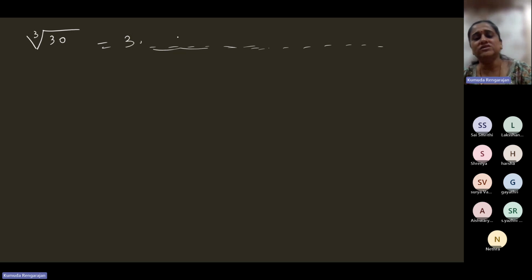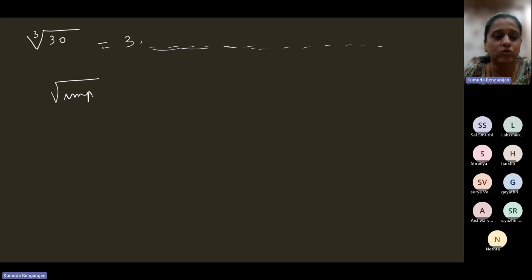No digit or set of digits will repeat themselves. So irrational numbers will have a non-terminating, non-repeating decimal expansion, and they are the values of square roots of imperfect squares, cube roots of imperfect cubes,